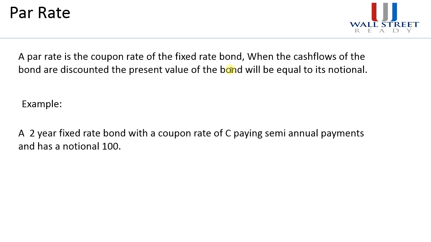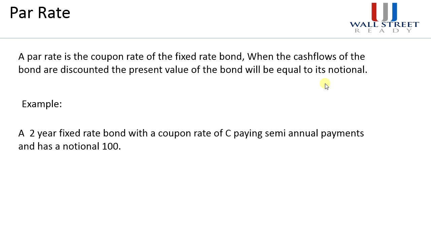rate of the fixed rate bond when the cash flows of the bond are discounted. That means all the coupons and the final notional, when they are discounted, the present value of the bond will be equal to its notional. Simply, when we are talking about a par rate bond, what we are saying is the bond's coupon is such that if all the coupons and the principal is discounted to today, the bond's price will be equal to